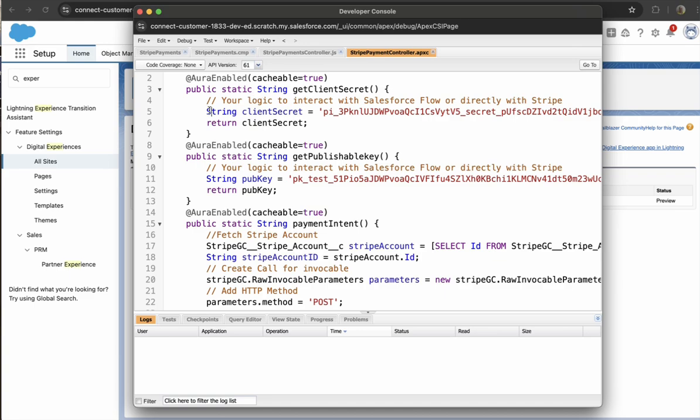This is old. We could comment this out. This was for testing. This doesn't really do anything, so you can ignore this. What it's calling is this payment intent here, and it's actually creating a payment intent with the Stripe for Salesforce platform